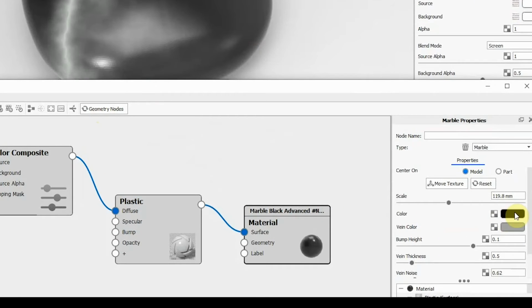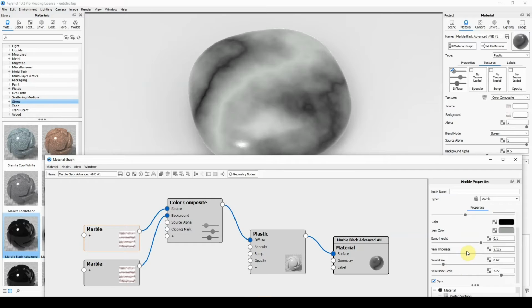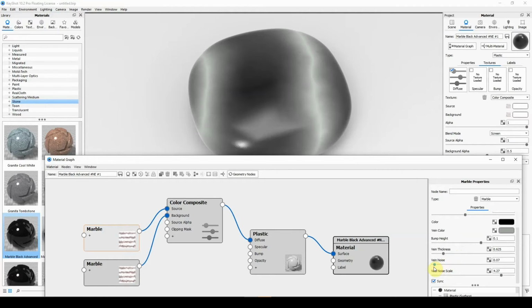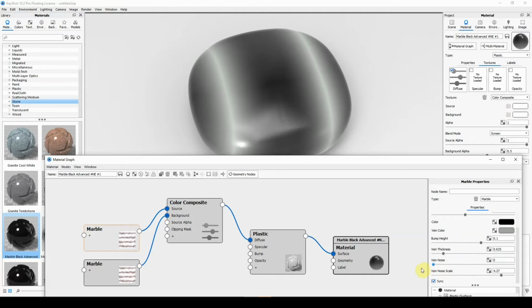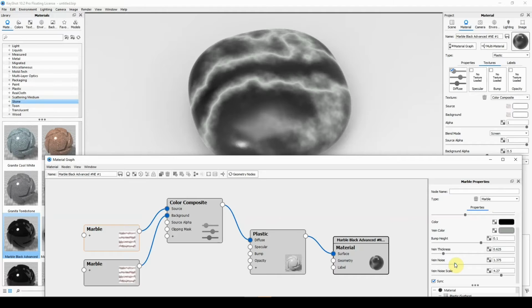I find it easier to work here in this pane, and we've got our options on the right hand side, and we can change various parameters. So we've got the base color, the vein color, and we've got, say, the vein thickness, the noise, and the vein noise scale. So we can very quickly play around with some of these. So this is the vein thickness, and you can immediately see the change that can be applied. We can make the noise more or less. If we make it less, we'll see pretty much a straight line, so there's no noise there, and we can ramp it up until we get some very interesting patterns going on,